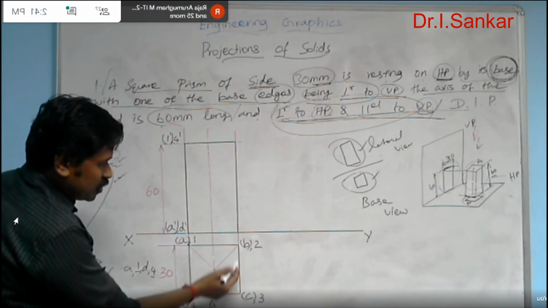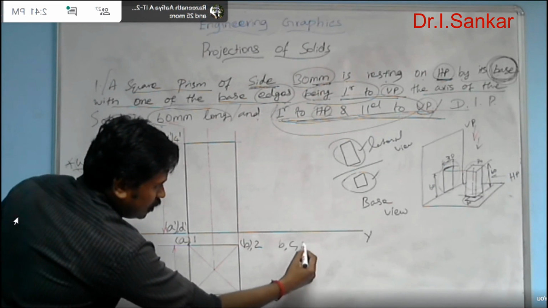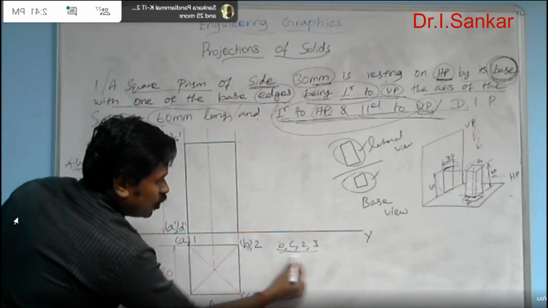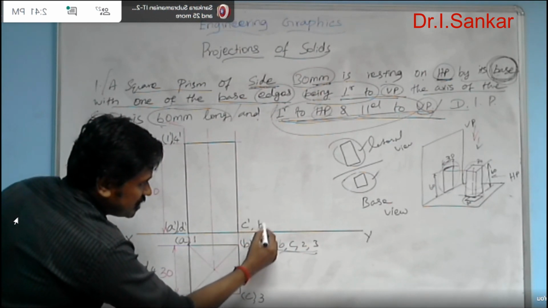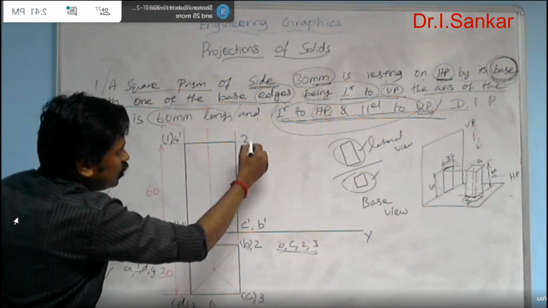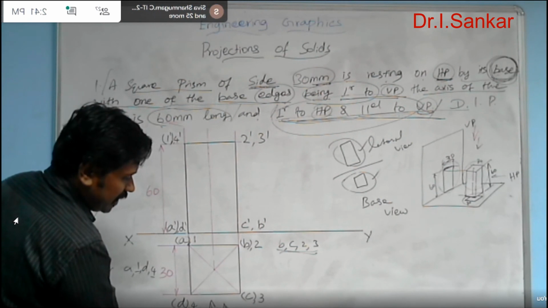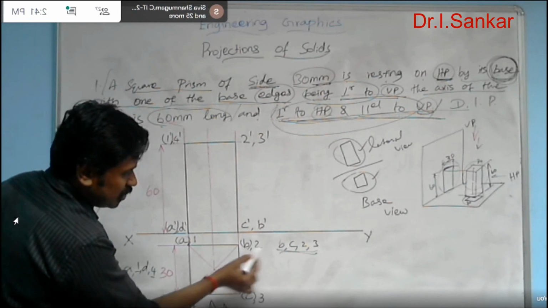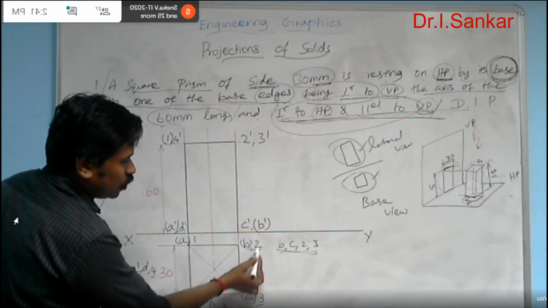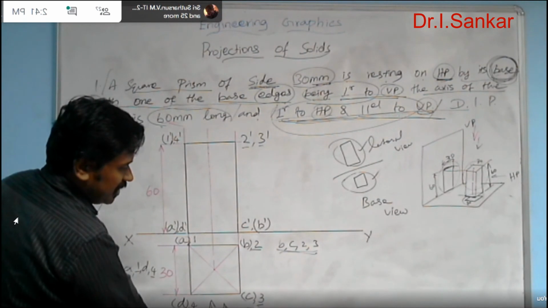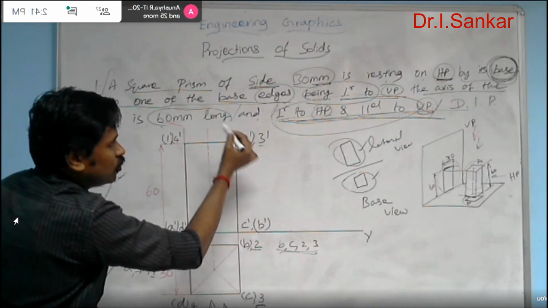In the same way, here also you need to name. This projector is carrying B, C, 2, 3. Out of these 4 points, in the base the projector will drop C dash and B dash, and in the face it will drop 2 dash and 3 dash. And again, out of C and B, when you look from the front, C is visible to you, B is invisible to you. So put a bracket around B. In the same way, 3 and 2 here. 3 is visible to you when you look from the front, and 2 is invisible. So put a bracket around 2.